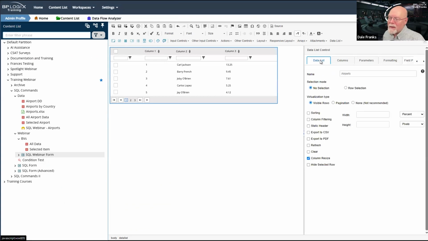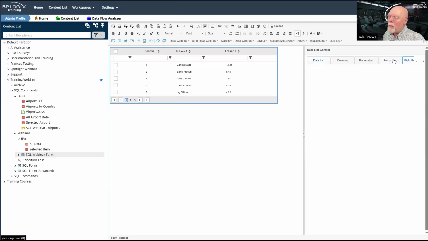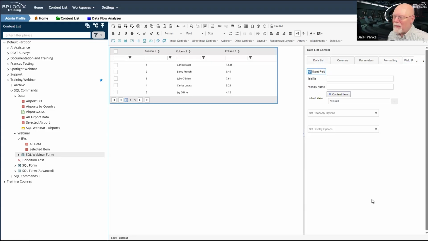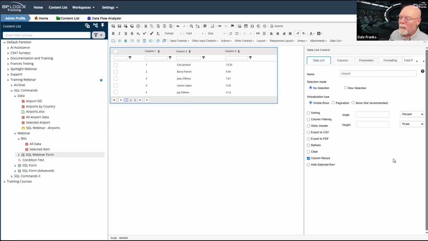So now that that is set, and by the way, while I'm here, I might as well just click event fields to be sure that this is an event field, so that whenever I click on the checkbox over here, it's actually going to invoke my event, and that event is where I'm going to tie my set form data to. But now I can go back to my data list, and I have a couple of different options here,